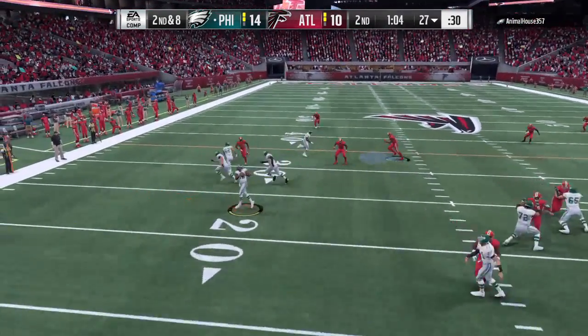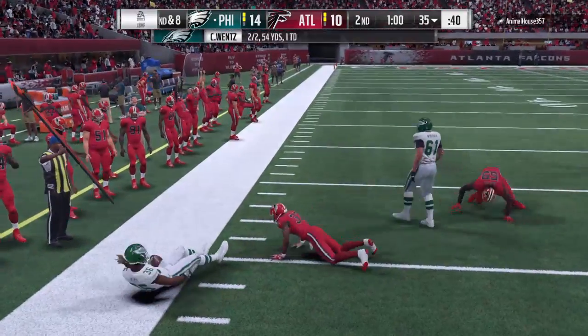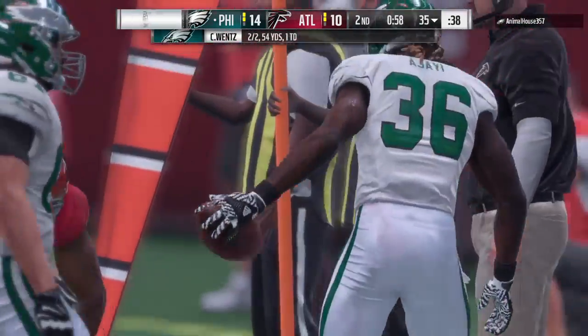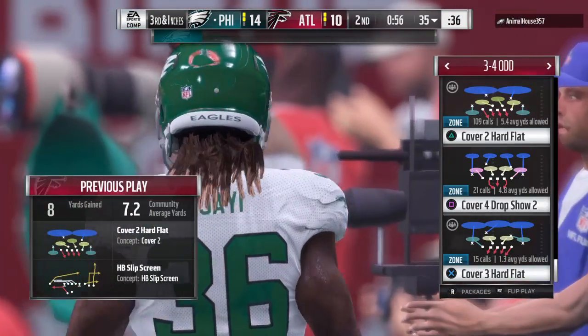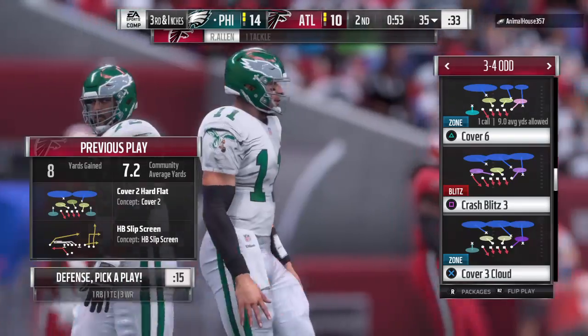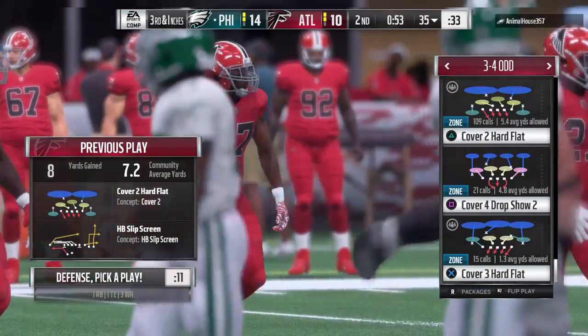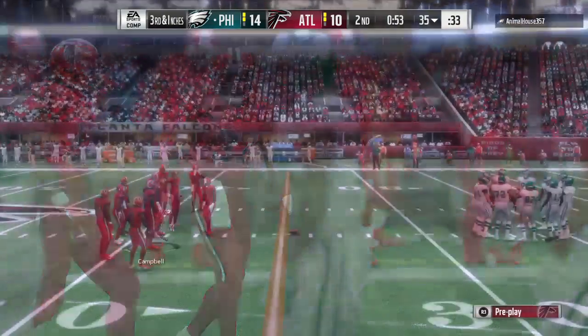Wentz to throw on second down. They set up the screen to Ajayi. And he's able to take this one up to the 35-yard line. It'll be a pickup of 8 on the screen, and it sets up a third down. I know most of the time when the ball's in the air, you're thinking wide receiver, tight end, but running